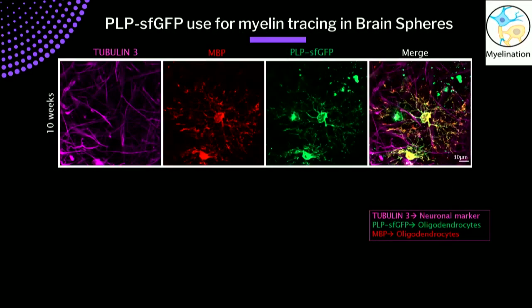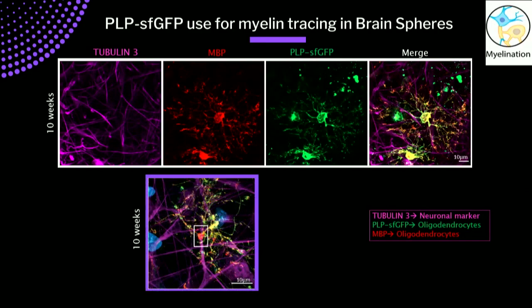Then when we move to 10 weeks, we use tubulin 3 as a marker of neurons. Again, we use MBP, it's a mature oligodendrocyte marker, and then you can see the nice colocalization, and we can see how this network grew and it's richer. If you zoom out to some of these nodes, you see the colocalization of both proteins very close to the axons, you can see here